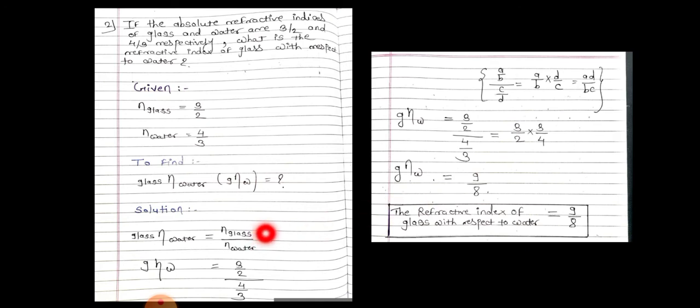Okay, so the refractive index of glass is how much? 3/2 divided by water, how much? 4/3. Students, here we are going to apply one formula, this is the equation which is given like this. Now what we are going to do is exchange the terms. First of all, A upon B is there. So what is the thing over here? C upon D is there in the denominator. So we have to multiply it and exchange the terms.